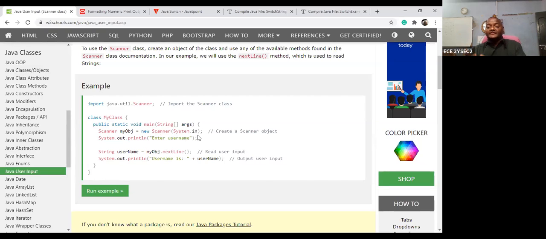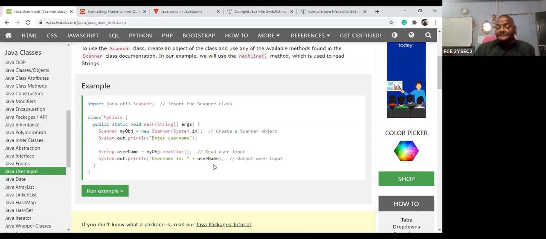In stands for input. Scanner stands for what you are typing being scanned. That is the scanner with the system value. Once you enter the data, it takes the input. So first it gives enter the username, then it gives the next line. Once the next line is there, the data you write is accepted, and where you store it is called username.